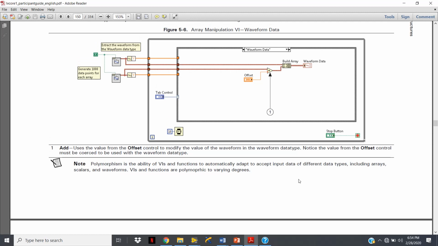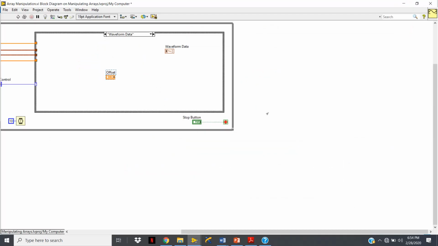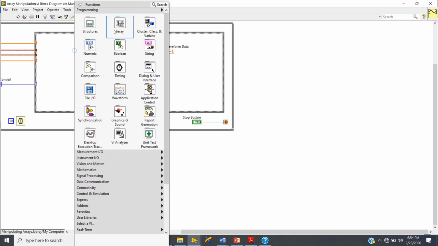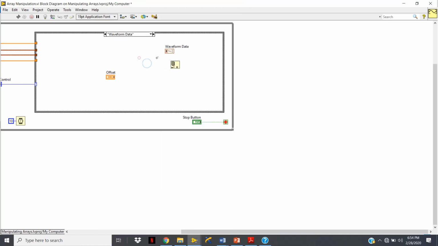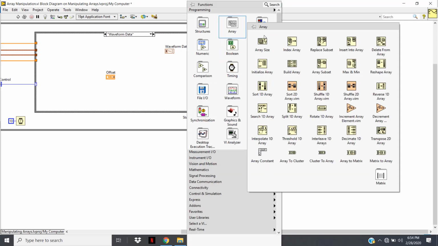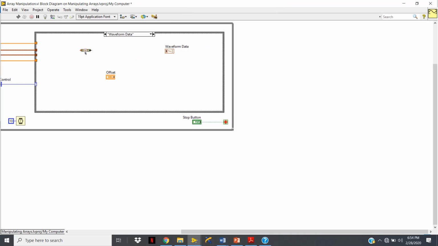Alright. In the waveform data case, select a build array. Take a build array. And then